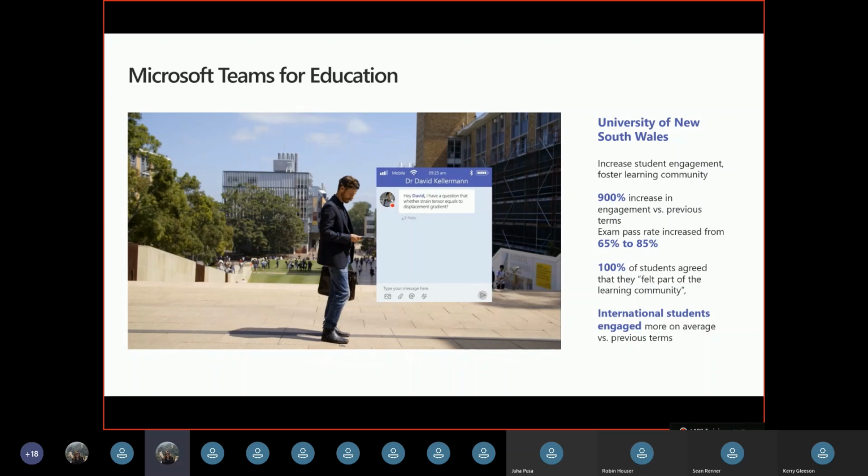He's seen a significant increase, actually a 900% increase in student engagement. His exam pass rate increased from 65% to 85%. And my favorite, 100% of students agreed that they felt part of the learning community. And all this has to do with using Teams as a platform to really foster that collaboration and build that learning community. So previously, as a professor, the TAs would answer questions if students would email them or message